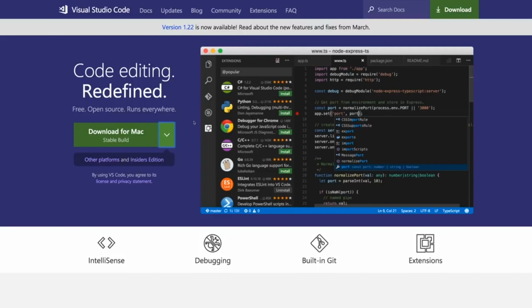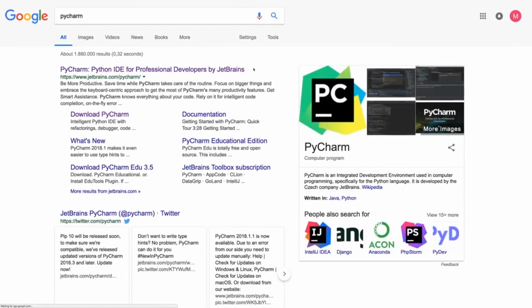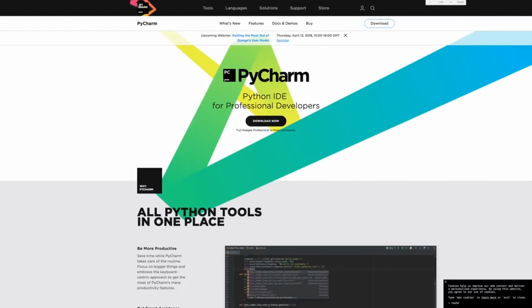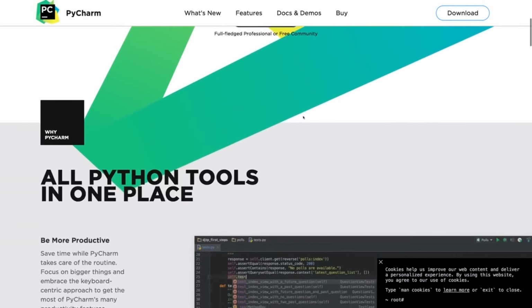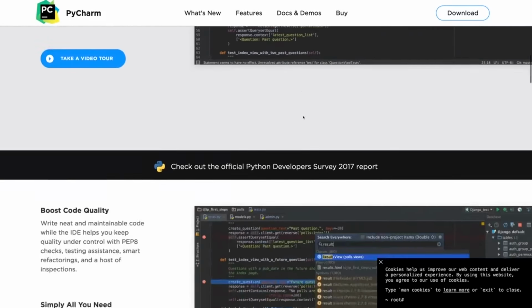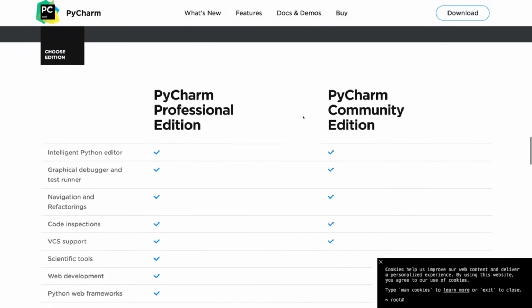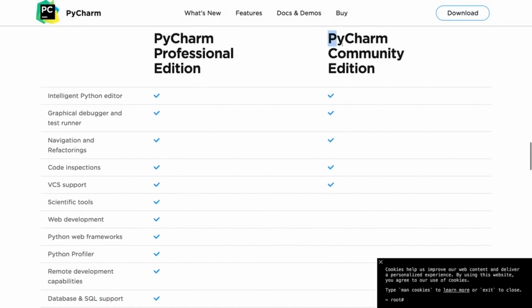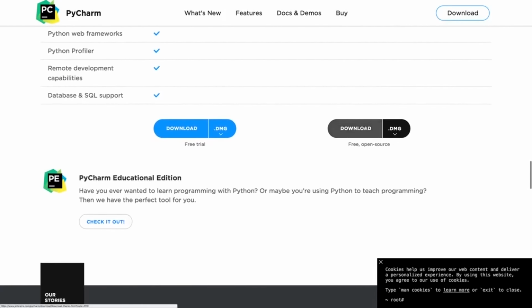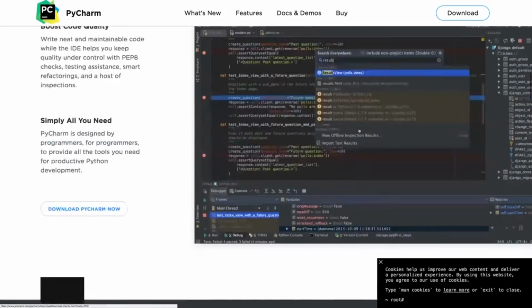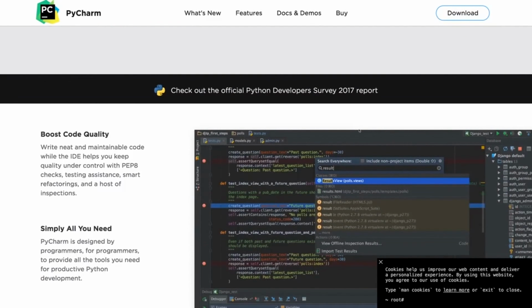Now, there also is an alternative which I want to bring to your attention. It's called PyCharm. And you can simply Google for it and click on that link you should find there. And whilst there is a paid version of PyCharm, there also is a free version of it. You simply have to scroll down a bit and then pick that PyCharm Community Edition. You can download that for free and use it for free. And this is a different IDE, also bringing the advantages like color coding and so on, which you can also try out. However, I'll go with Visual Studio Code.